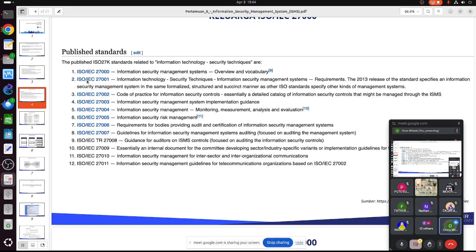And then I think they also include data privacy as well, of course. And then the other thing is code of practice, guidance for implementation, and so on. So the other standard. The problem with this ISO standard is we need to buy the standard. So that's creating a problem because we have to buy. Okay, but